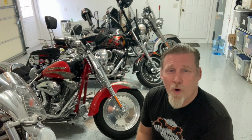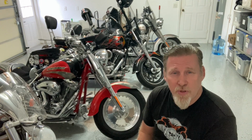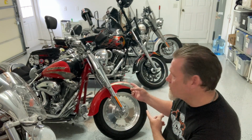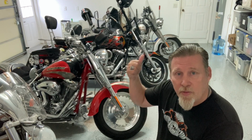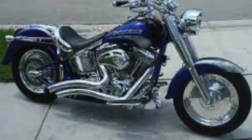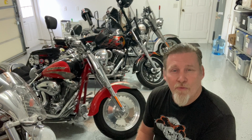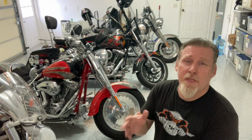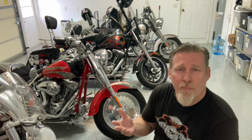So the number 1 rarest bike that Harley Davidson produced is actually a twin sister to that red one and that silver one sitting here. So it was the Cobalt Blue 2005 CVO Fat Boy. I only included the one blue CVO Fat Boy in the mix because they do make